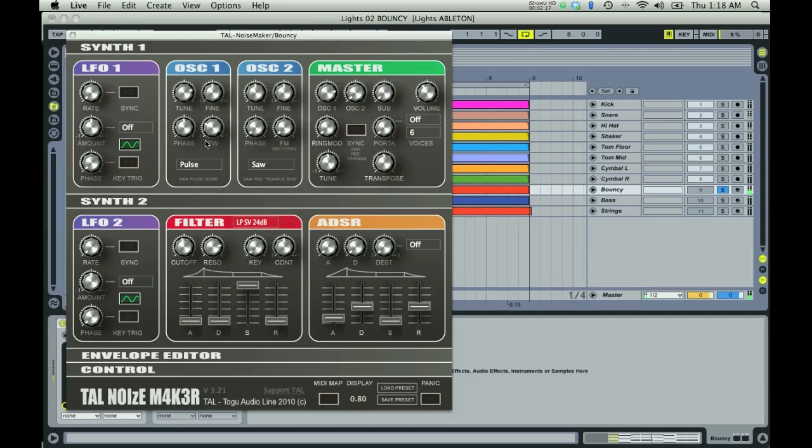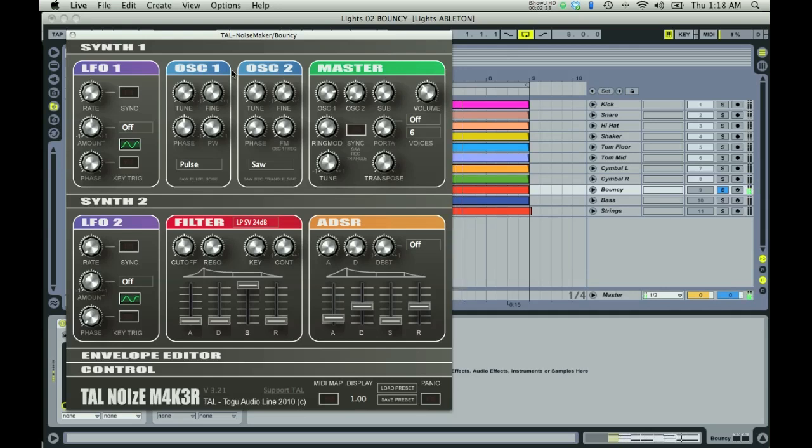Just like that. Now it's starting to sound much more like it. Key tracking. For those of you who don't know, key tracking essentially adjusts the cutoff. It raises it as you get higher on your keyboard, lowers it as you get lower. The whole point is that without it, higher sounds will sound duller than lower sounds, which will sound brighter.